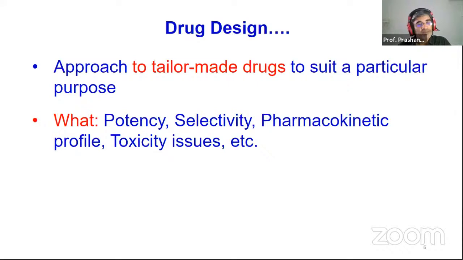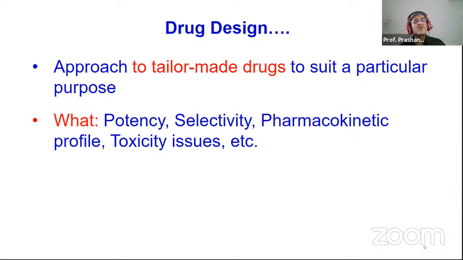Say diazepam, probably 0.5 milligram or maybe 1 milligram is enough for you to put to sleep, whereas paracetamol 500 milligram will be required for bringing down the elevated body temperature. So that's where you see diazepam 1 milligram tablet or 0.5 milligram tablet, and paracetamol 500 milligram tablet. So almost like a thousand-fold difference in terms of their weights, right? So that's where you say that diazepam is a very potent drug. Although I'm not talking about the end effect, I'm talking about the amount of drug which is required for bringing about a particular therapeutic effect.